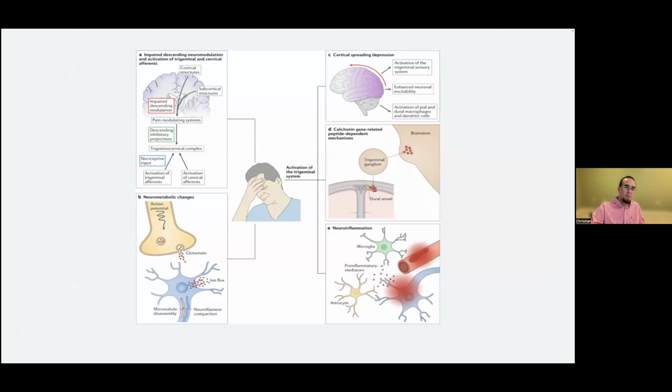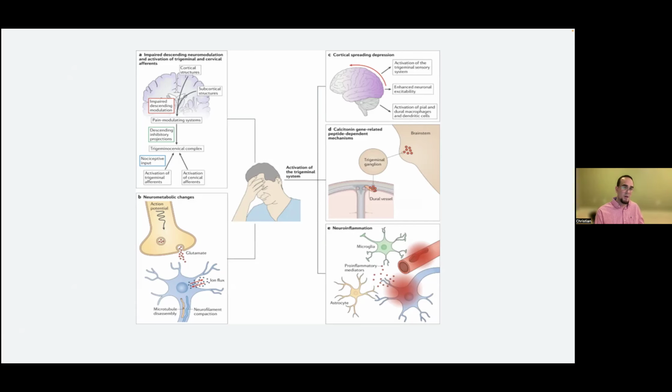So this diagram provides the different mechanisms that are proposed for post-traumatic headache development in the brain injury population. There are different things that happen. We have systems in our brain basically saying you're not in any pain, and they modulate pain receptors in our spine, especially a connection between the cervical spine, C2, C3, and the trigeminal nerve. That connection is the one basically letting us know there's no need to feel pain.